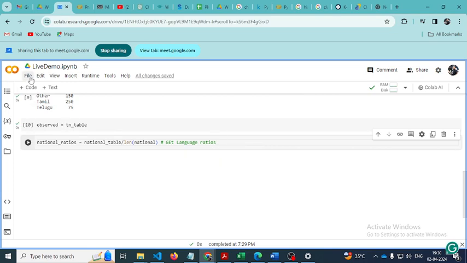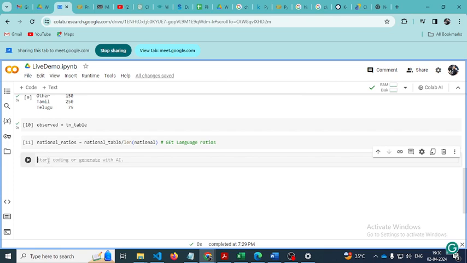Here you have the observed value, and we are trying to get the expected. How will you get the expected value? You already found some ratio, right? You take the nationwide ratio